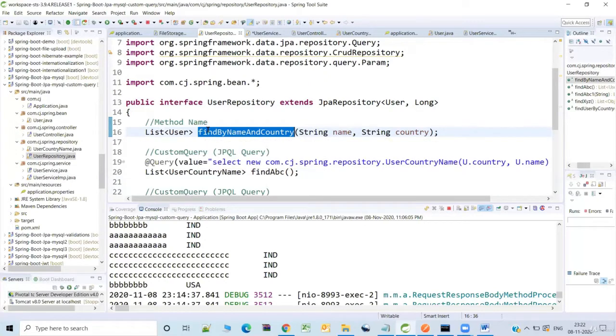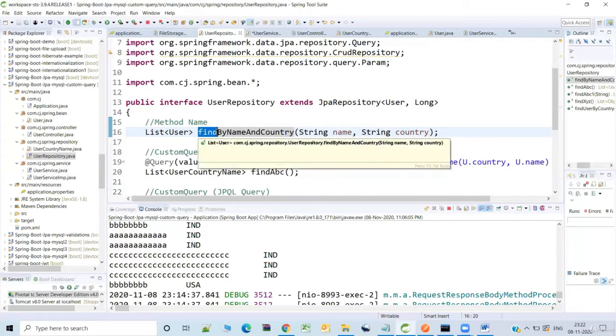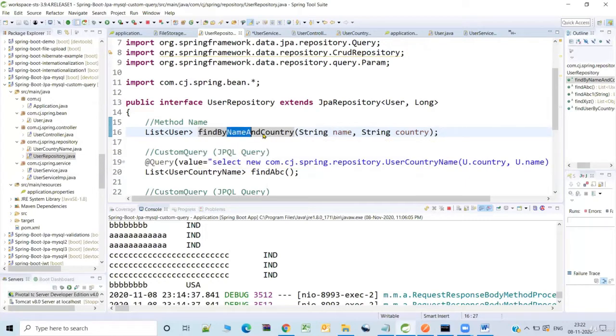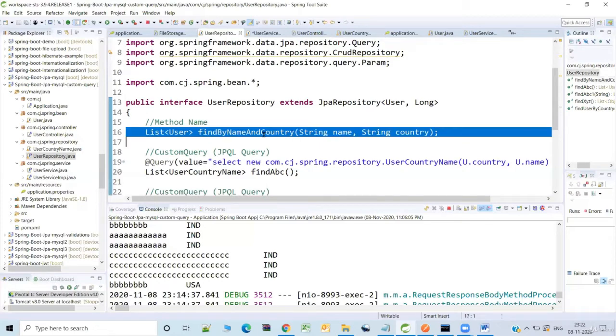Say, for example, I want to find based on the name of the person and the country. See here, find is the operation which I'm trying to perform. I want to select, and I want to select based on the name and country. See, by default, the JPA repository does not provide this one, and you need to provide the declaration of this.